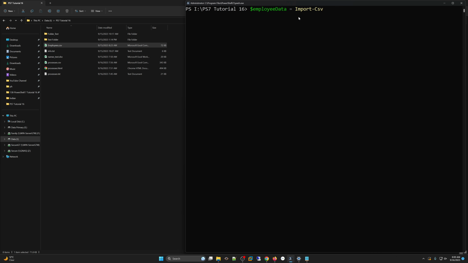Remember, the CSV is a file that can be imported. So this is a commandlet that exists. We're going to take the import-csv commandlet output and store it in here, but it needs to have a path. So the path of the file here is going to be employees.csv. Remember, I can use the tab as long as this file exists. If I put emp, because there's nothing else here starting with emp, and press tab, it shows up. And if I press enter, if you don't get any error messages, that means this has now been saved